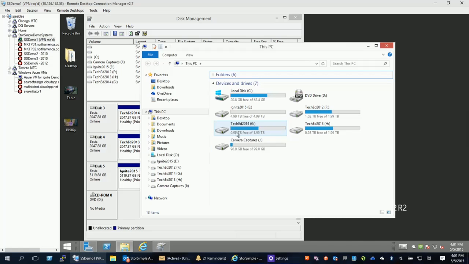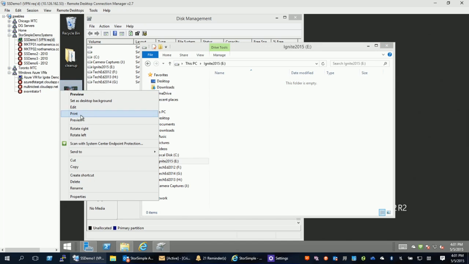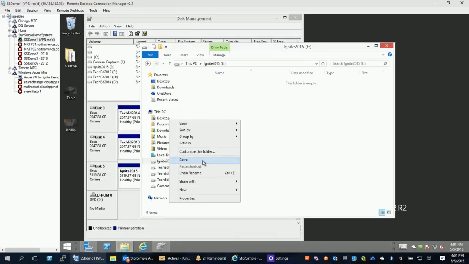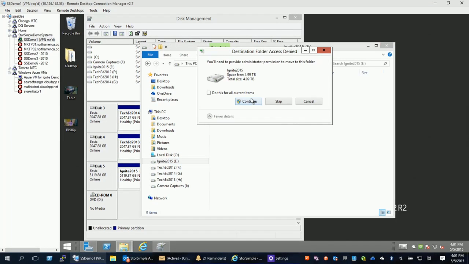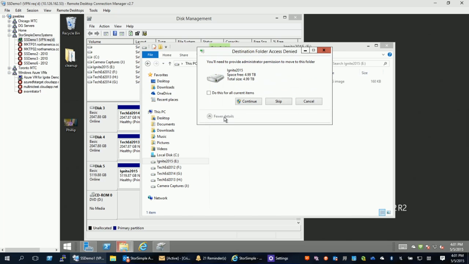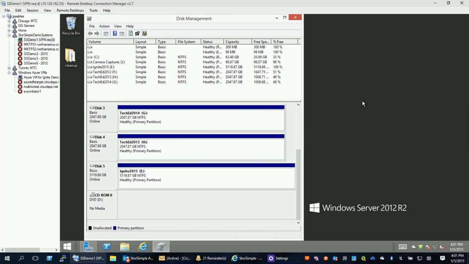So I'll go ahead and open up my volume. Where's my E drive? 5 terabyte volume. We'll go ahead and copy my 2 pictures here. Paste them. Provide administrator. Yes, it's good. Do that for all items. There's our 2 pictures. Go ahead and close that up. And so now that we have our volume, what we'll do is go back to our StorSimple